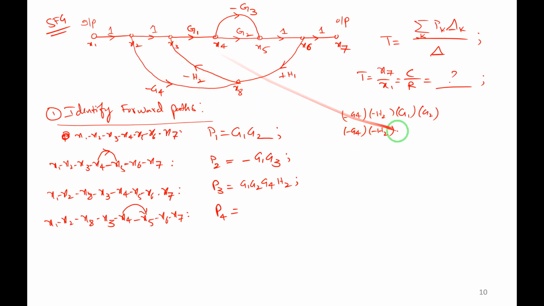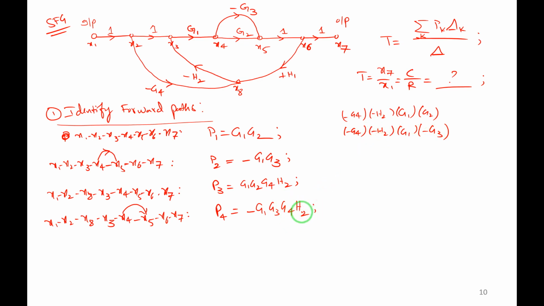Then I will come to G1. Next, I am not going like this; I am jumping from X4 to X5. Gain is minus G3. I jumped here, then 1, 1. So minus into minus plus, but here another minus is there. Three minus signs are there. Minus into minus plus, plus into minus minus. Once again I will get minus. So I will arrange G1, G3, G4, then H2.